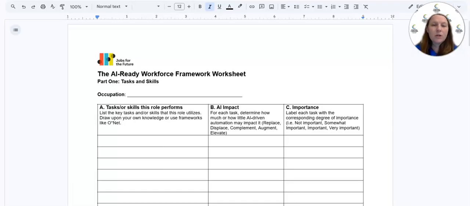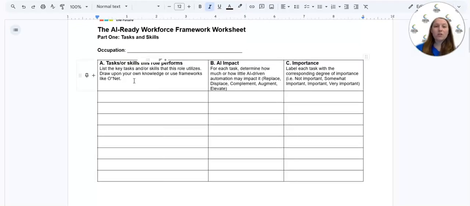Community College system, and it was shared with the intention that we would bring it back to our colleges to help our peers figure out how we could be using artificial intelligence in the future and to better prepare our students. I want to walk you through the worksheet and show you an example before you're asked to complete this worksheet yourself. As you can see, there's a couple of parts because we have part one here.